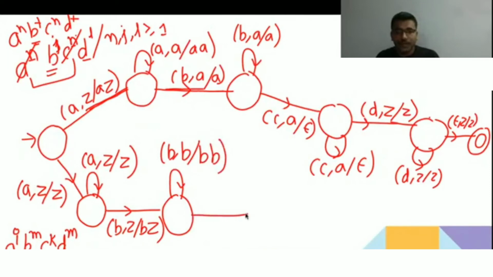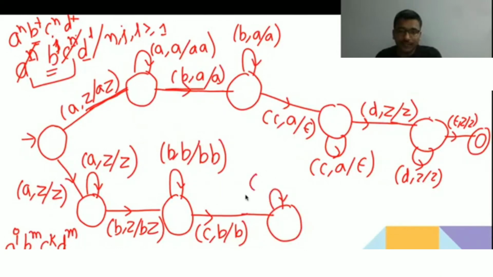Okay. Now after B you will get C. Now when you will get C, you will get B on the top of the stack, replace B with B, because this is not required. You are not going to do comparison of C with anything. It is not saying that number of C should be equal to something. So C on getting B, I replace with B only. Then again if you are getting C, the top will be B only, replace with B only.